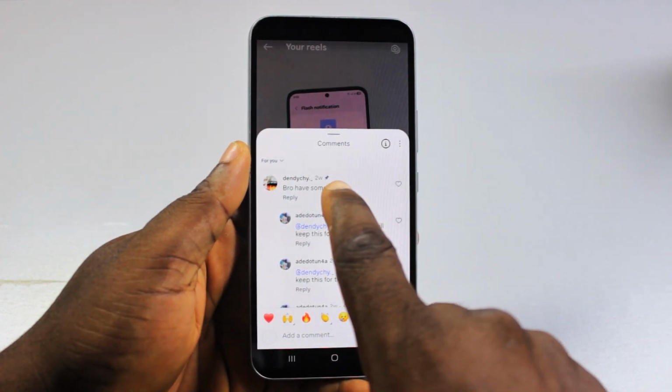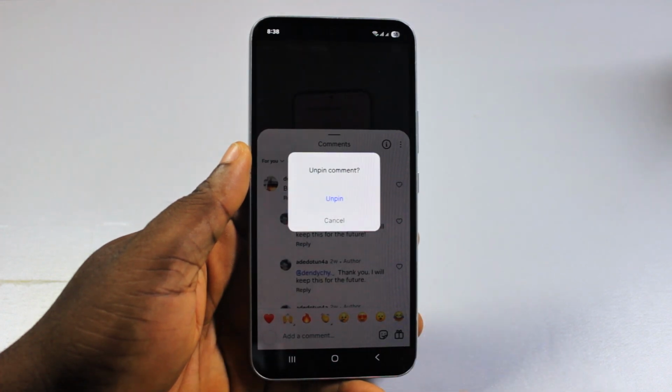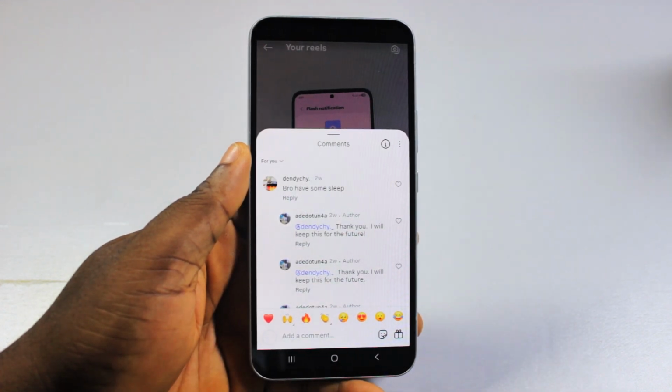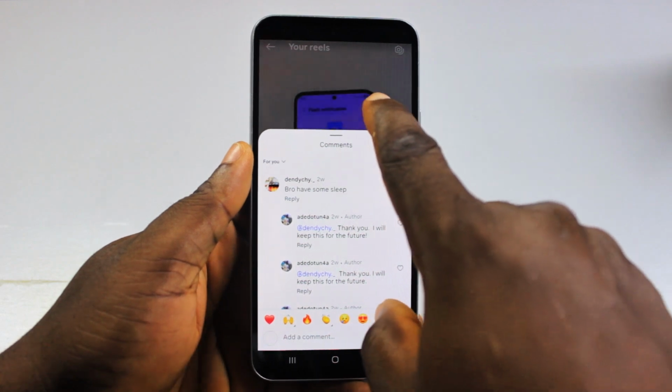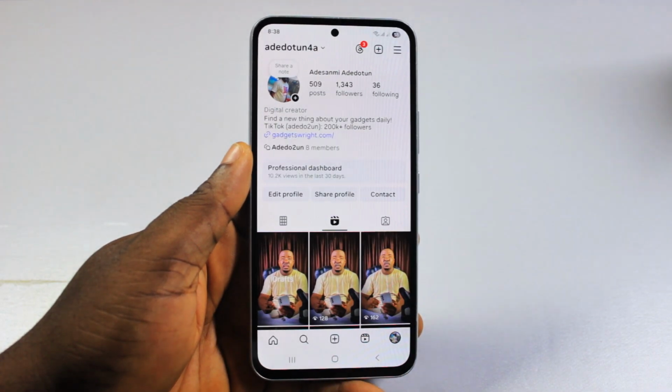And then to unpin it, press and hold it as well. Click on unpin. Then click on unpin from the unpin comment prompt. Hang on, and then this is going to unpin the comment on your Instagram, and that is it. So that is exactly how to pin